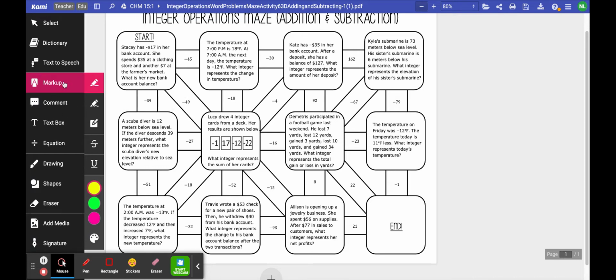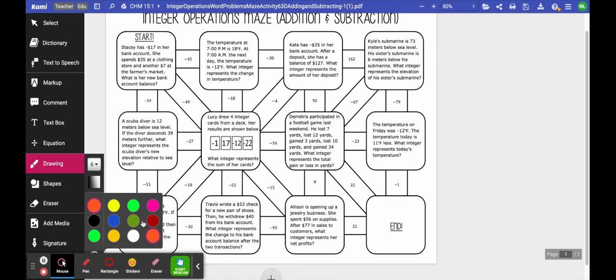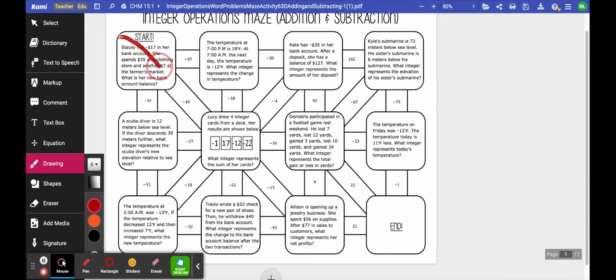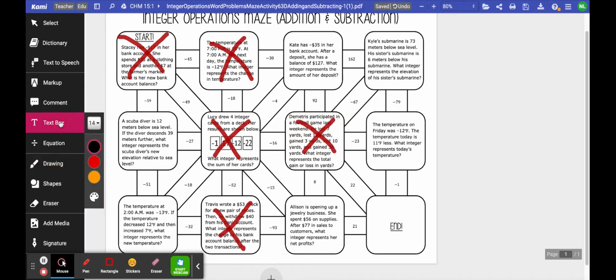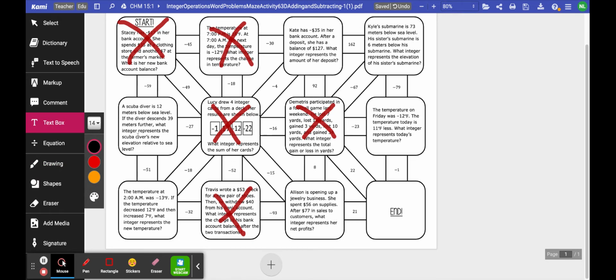I really quick want to make a note that a couple of these we did cross off. So I'm going to go ahead and cross those off right now. They should already be crossed off on your paper, the ones that you didn't have to do. So I'm just Xing these out because these were the ones that you did not have to complete at all. All right, so with that being said, because we crossed off the start, we're just going to go down to